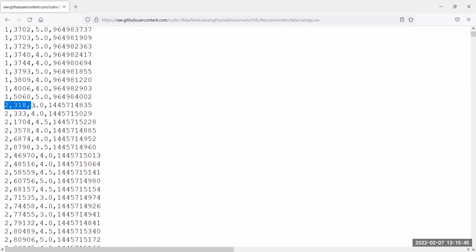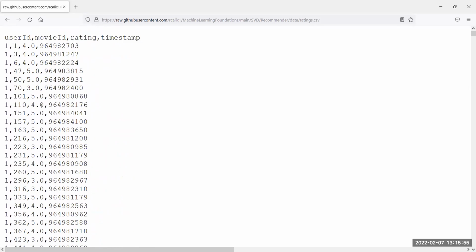Then user 2 comes in, and those are the ratings for user 2. Got it? This is kind of what I had done before. Given that we have the user IDs, we can't look up the users because for privacy, their names have been removed, obviously, but it doesn't matter. We just need to differentiate that they were users. If you were recommending, obviously, you would do that within your own system.